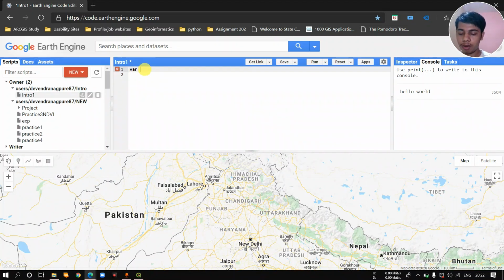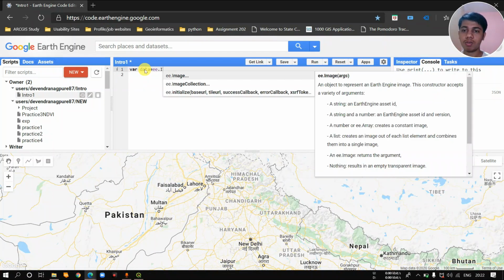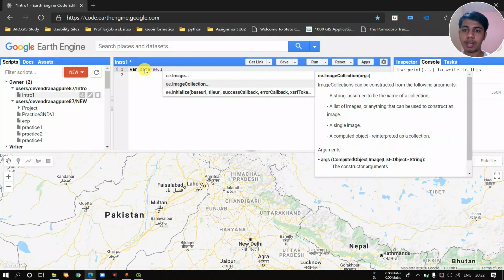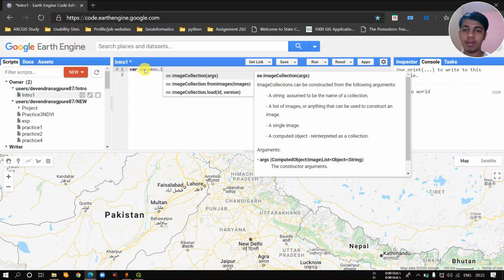So var data, which would be just ee, as I said in the previous lecture, that ee is the Earth Engine which is used over here. Dot image, and Control space for the suggestions. So image selection, image collection.